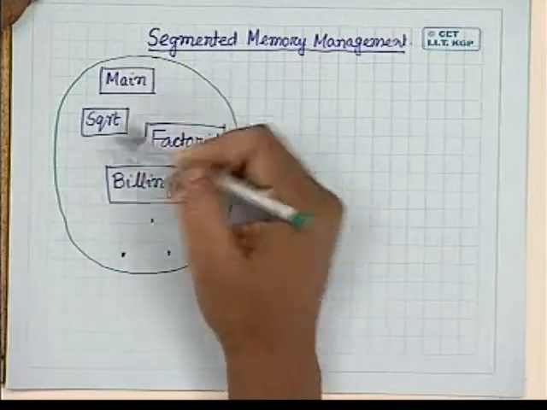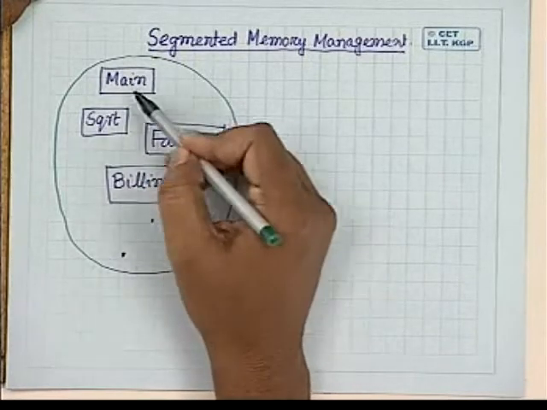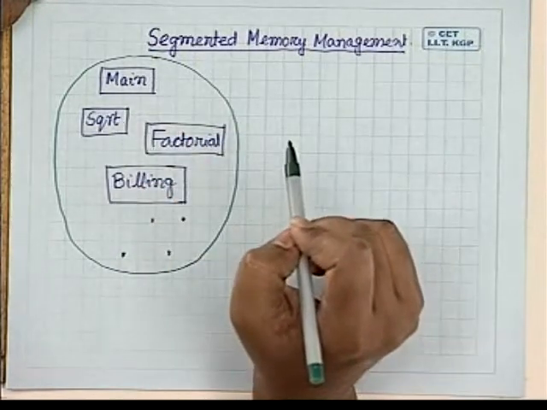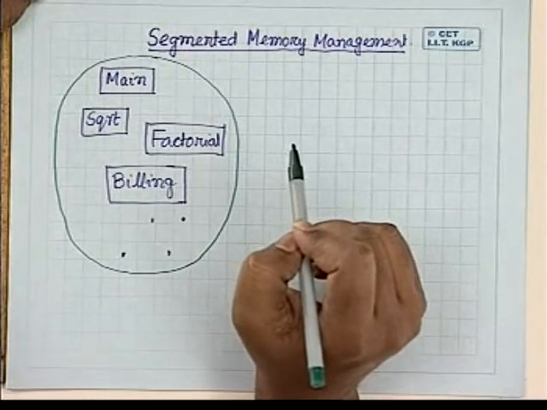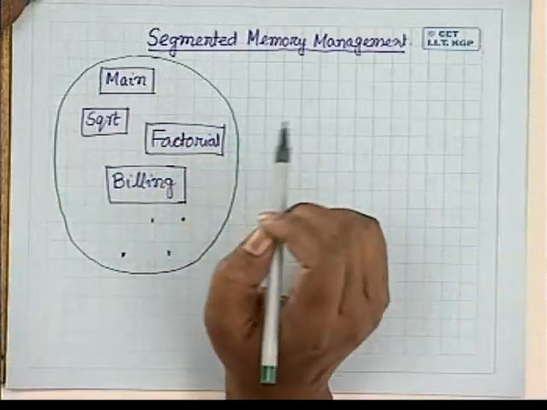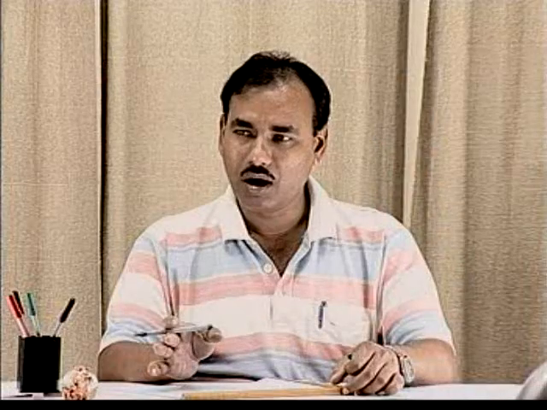So in the memory management technique, if I want to maintain the logical structure of the program or the modular structure of the program, then instead of having pages of same size, instead of breaking the logical address space of the user program into pages of same size, it is quite logical that you break the logical address space of the program into a number of partitions or number of segments, where every segment will correspond to one such